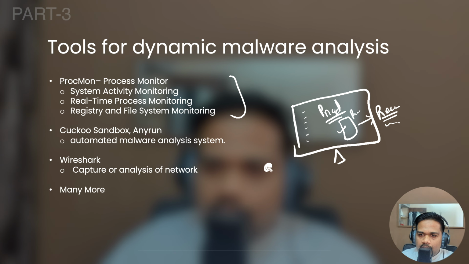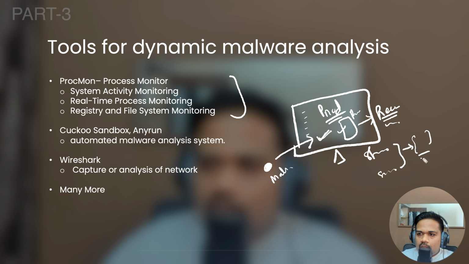So, this is your malware file. I will send it to the endpoint machine and run it, but before running it, I will start the recording. I will perform it, and after some time, I will stop the recording. In between, what changes happened, that I am going to observe. That is called dynamic analysis. Most people use this part,